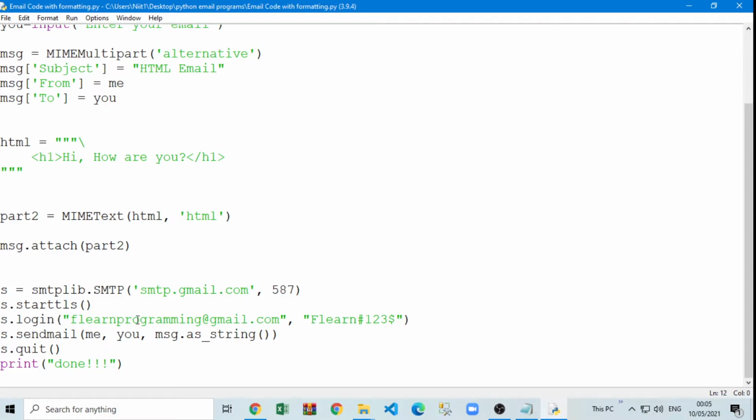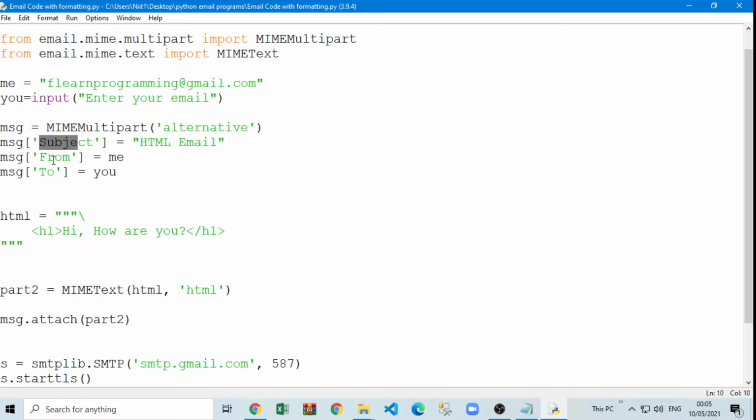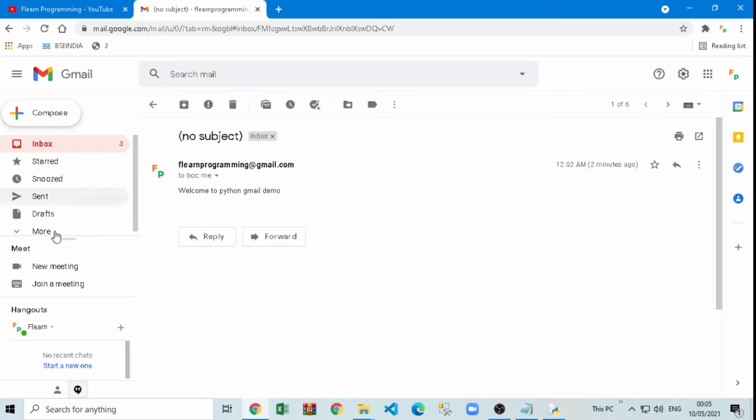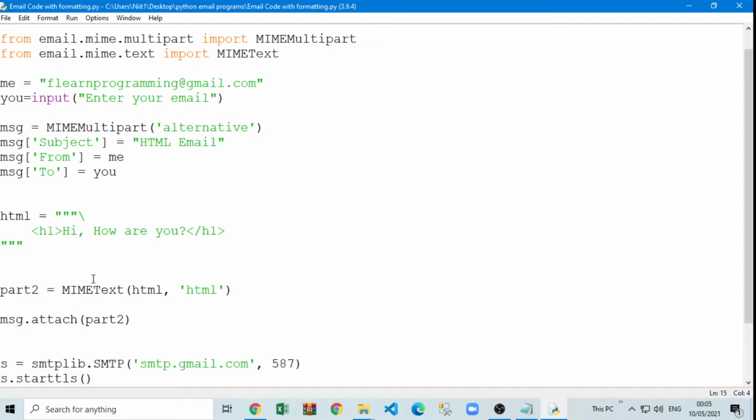Now we are not only giving the subject here and to, CC, BCC, all these things, but there is one option called HTML. HTML is actually a designing language. All the websites which you are using, like this Gmail website or YouTube or Facebook, are all designed using one language called HTML. You can see this button here, you can see this search box here. Everything you see on your browser is of course created using some language, right? It's called a designing language, and we have HTML for that. So while sending mail I can use HTML.